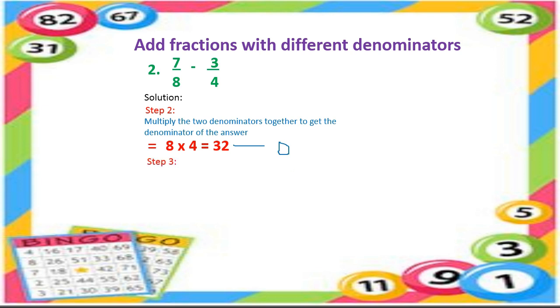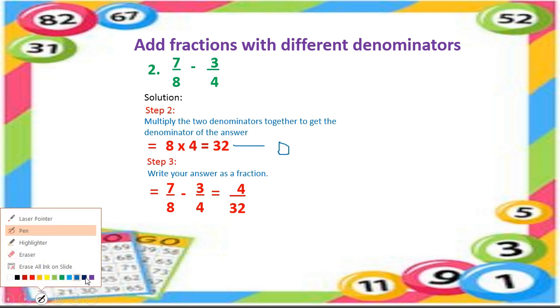So step number 3 is write your answer as a fraction. So after subtracting 7 upon 8 and 3 upon 4, the answer is 4 upon 32. Yes, very good. We have to reduce this fraction 4 upon 32. We can reduce it by dividing by 2, or we can also reduce it by dividing this fraction by 4. But right now I am going to